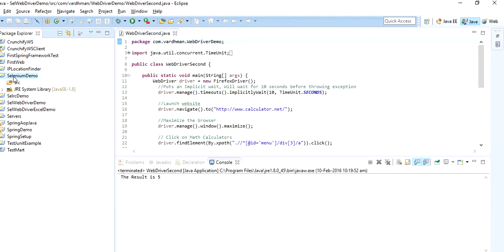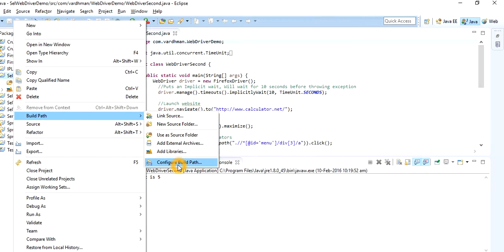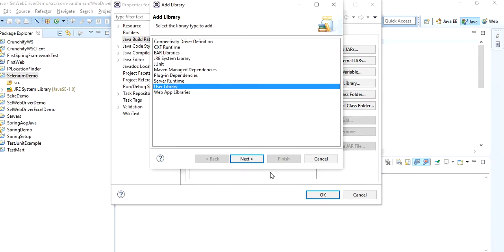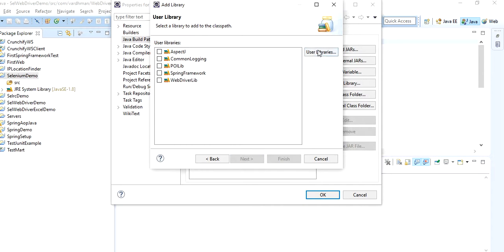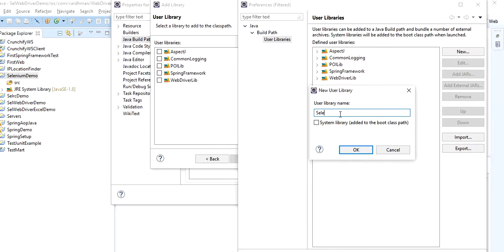How I'm gonna do this is, just right click on this, then click on build path, and after that click on configure build path. You will be taken to this Java build path library. If not, you have to click on Java build path on the left side and go to the libraries. Click on add library, click on user library, and make it next. You can create a new one. I'm just naming it Selenium